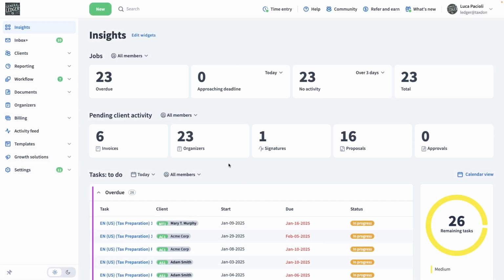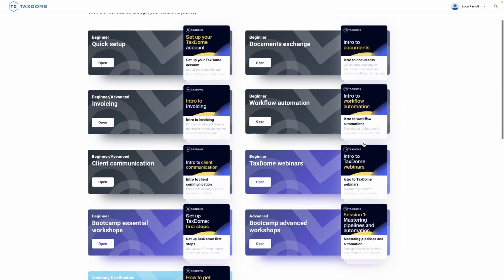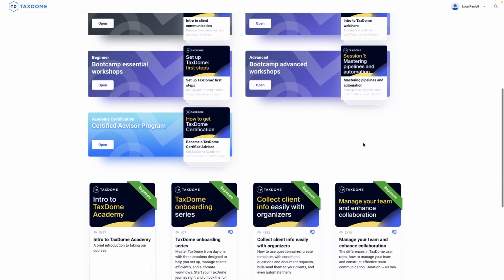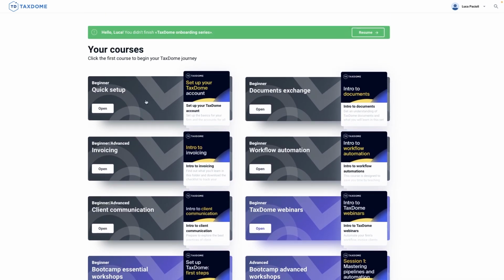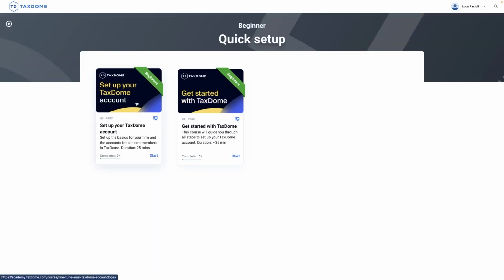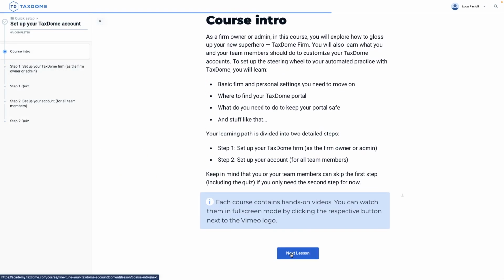First, the TaxDome Academy. You can access this from the Help menu in the top navigation bar. The TaxDome Academy is an online learning platform designed to make mastering TaxDome easier while tailoring its features to your needs. Its primary goal is to offer comprehensive courses on every aspect of TaxDome, helping you optimize its use for